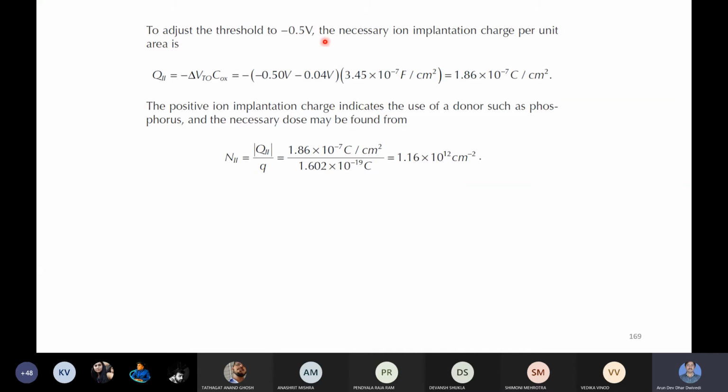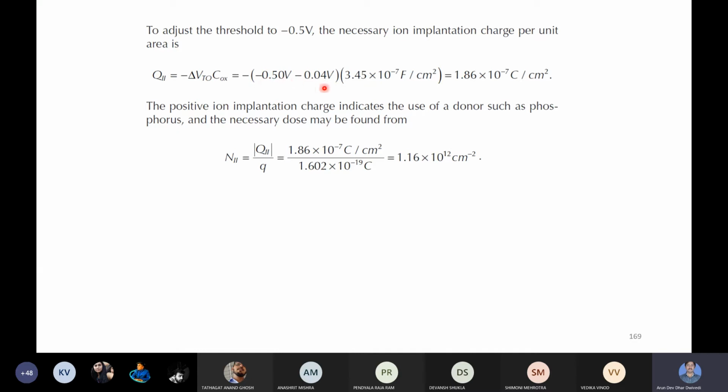We need to adjust the threshold voltage by 0.5 volt. The necessary ion implantation charge per unit area is calculated as QII = −delta Vt0 × Cox, the change of threshold voltage. So delta Vt0, how much is it? You want the final threshold voltage to be minus